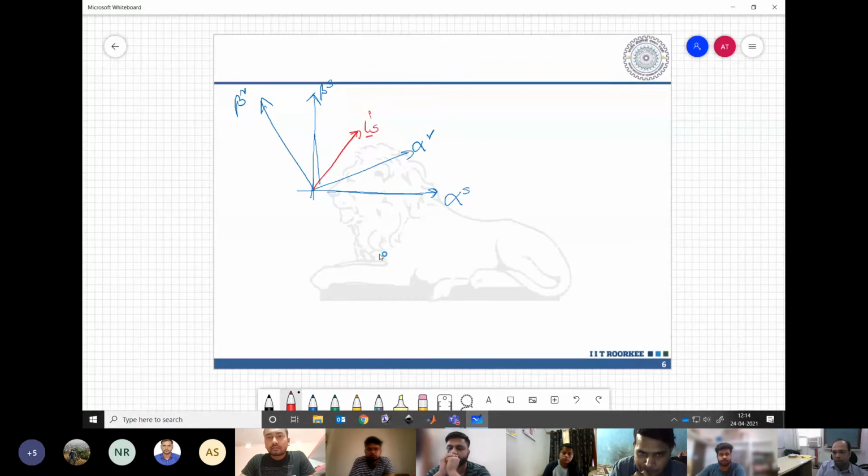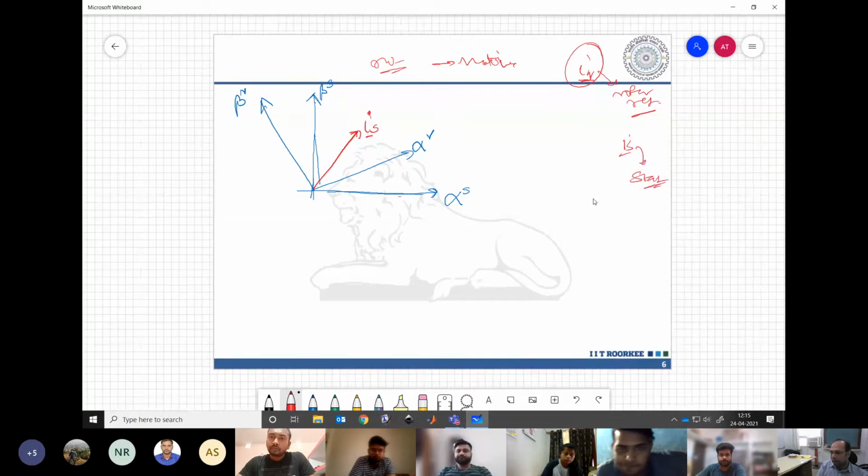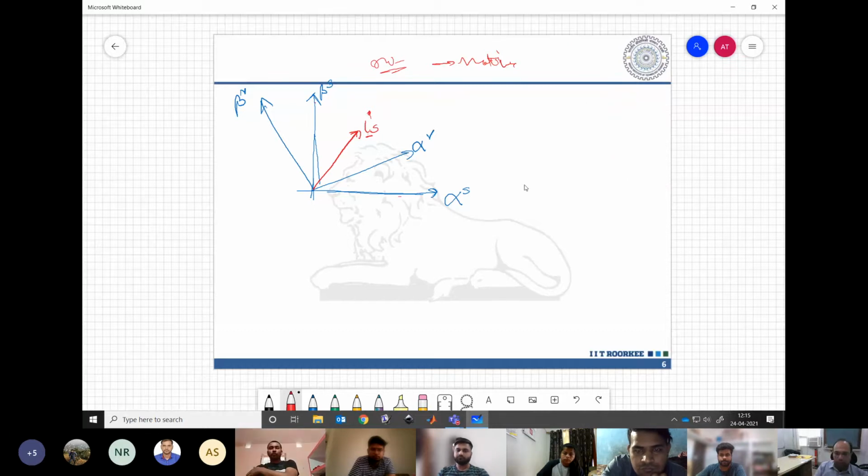this vector is Is, and we say Is, that means it is in its native reference frame, alpha s, beta s. There is no superscript added over here. So whenever there is no superscript, it is the native reference frame. If I say Ir without any superscript, it is in the rotor reference frame. If I say Is without any superscript, it is in the stator reference frame. This is clear, right? When I write a superscript, it refers to any other reference frame which is not that quantity's native reference frame. That's all. Okay.